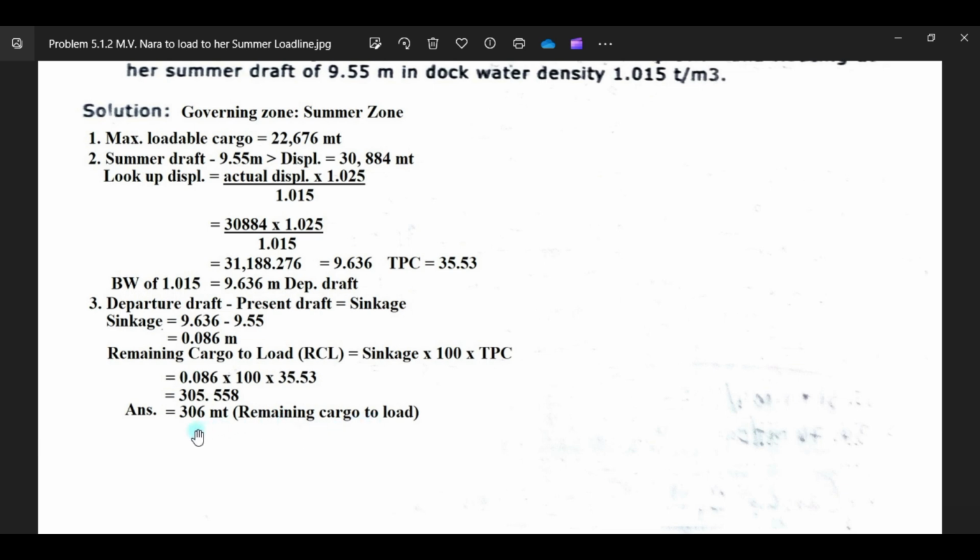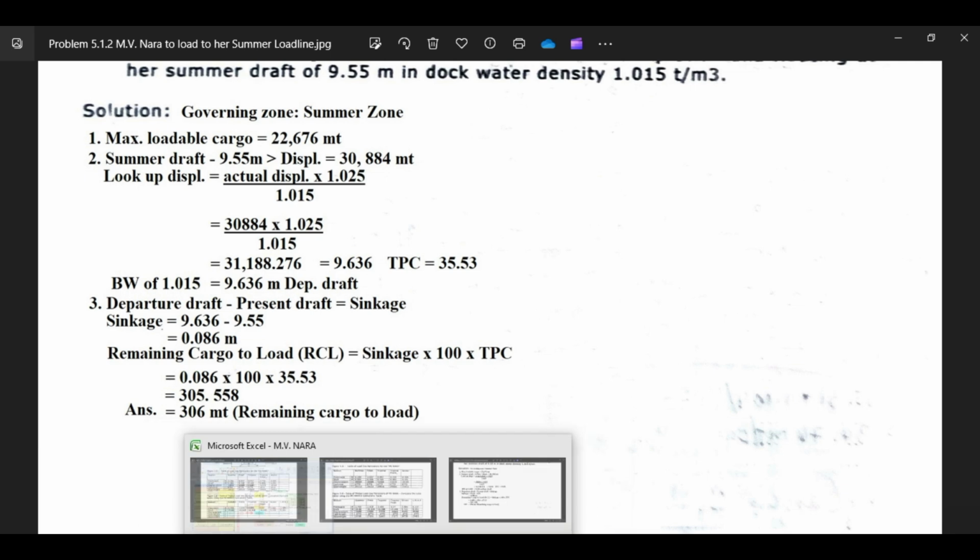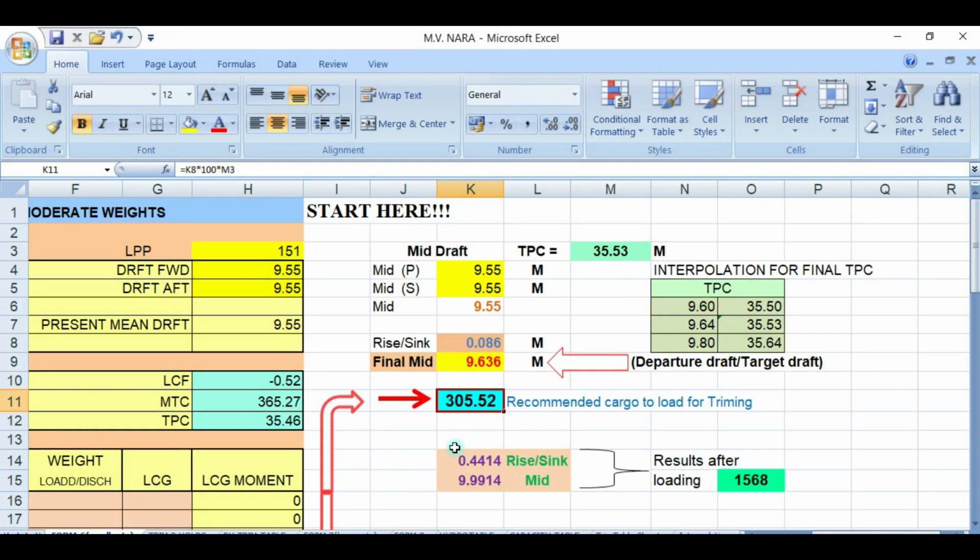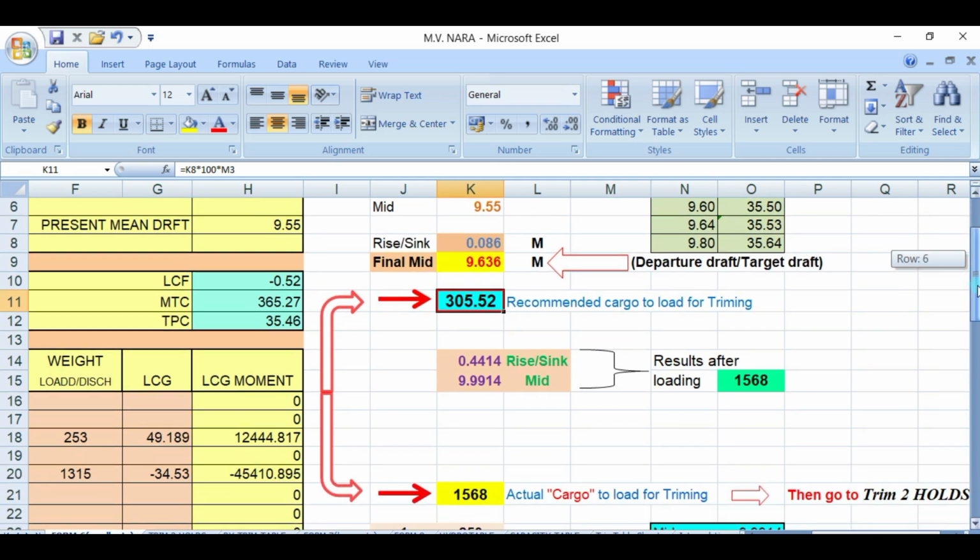To round it up, you have 306 metric tons of remaining cargo to load. So that we got here is 305.52. Okay. So this is the recommended cargo to load.